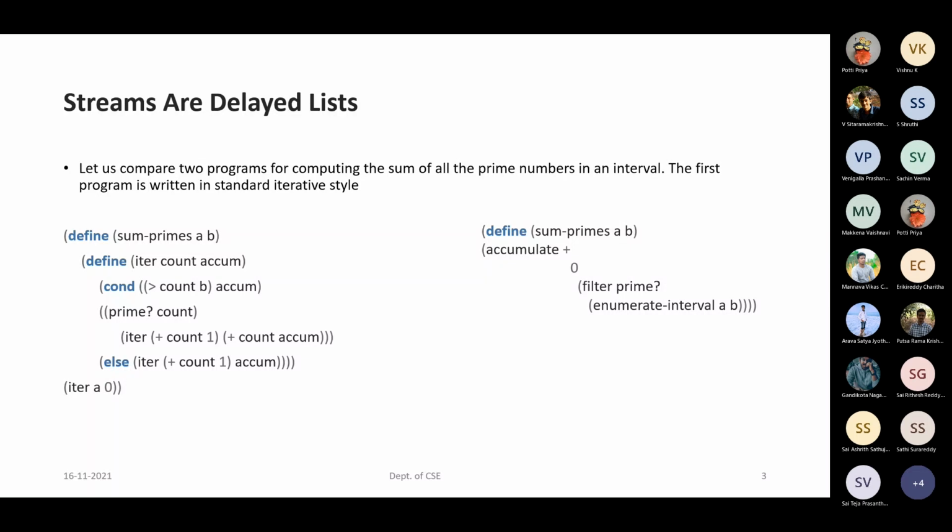If it is not a prime number, we still have to increment the count value so that it reaches the next value, but we don't accumulate it, so the accumulate value will remain the same. Like this, the iter procedure has been defined.